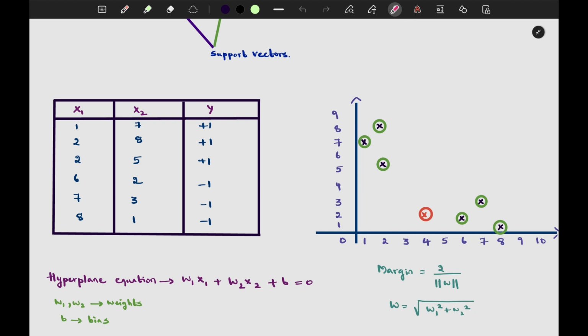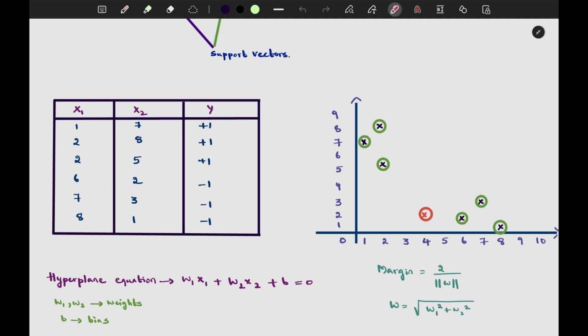So now we want to find for a new point. When I give some point like 4, 2, which is nothing but here, I want to know which class it is classified into. So either it belongs to this class or it belongs to this class. For that particular thing, we need to do some calculation part, which is very simple.